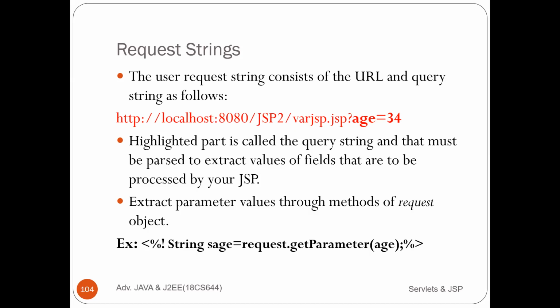To this page, some additional parameters are sent. Those additional parameters will be placed after this question mark. Whatever is there after the question mark is a parameter. On this side it is a